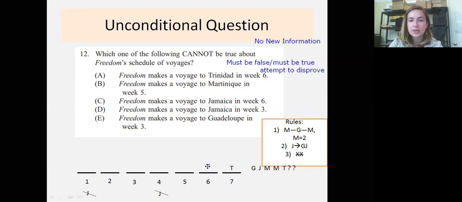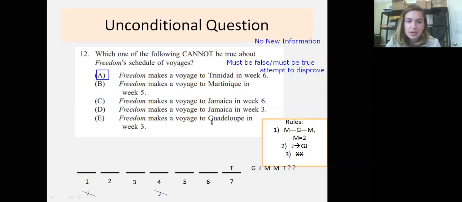And that's going to show me that actually this really can't be true. There's no way for me to show that it can be true. It's not going to work out. And lucky me, I only had to test 1 answer choice in order to get the correct answer, which is A. Now, oftentimes, that's not going to be the case. So let me just show you real quick what it might look like to try an answer choice that actually